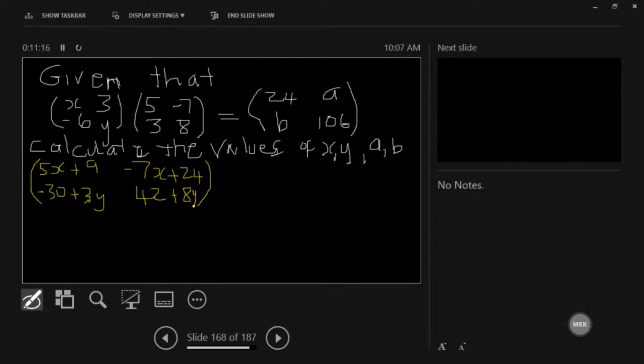All right. And we're to make this now equal to this. Because remember, they said the product of these two is equal to this matrix. So make it equal to 24, A, B, 106. So we need to find the values of the variables. So let's